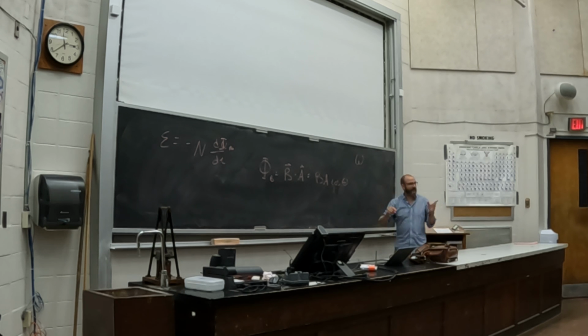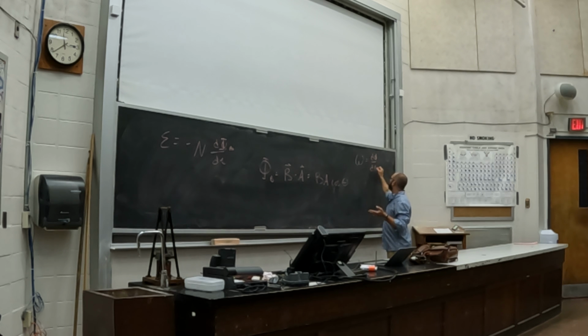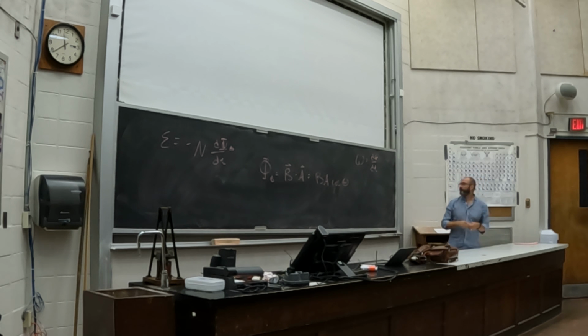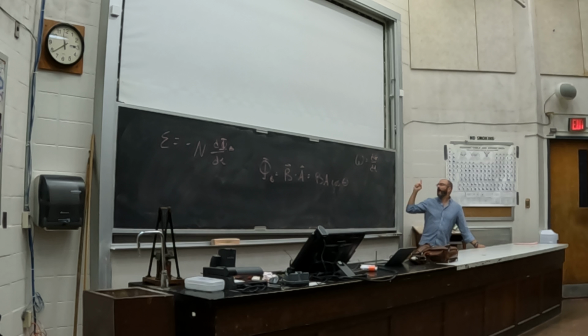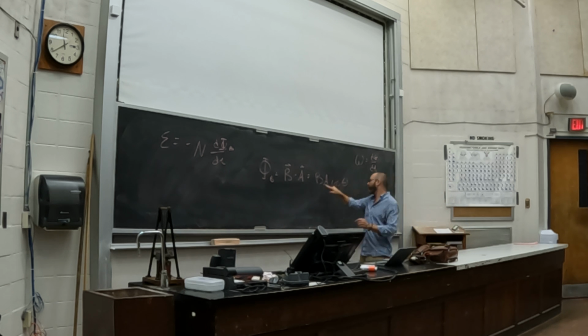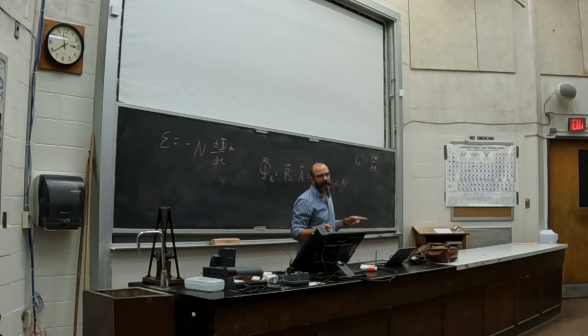And which is, of course, the time rate of change, not theta, yes theta, but not what I wrote, phi. Theta, right? Time rate of change of the angle. So that's the angular velocity. If I'm rotating this thing with some omega, if I take the time derivative of this, B and A are not dependent on time. Theta is, therefore cosine of theta is. I get